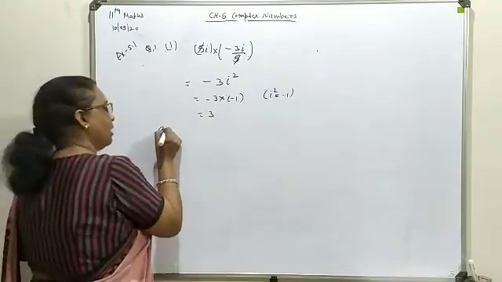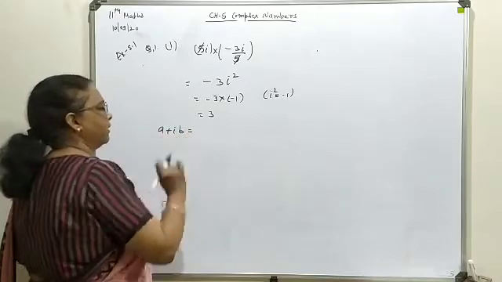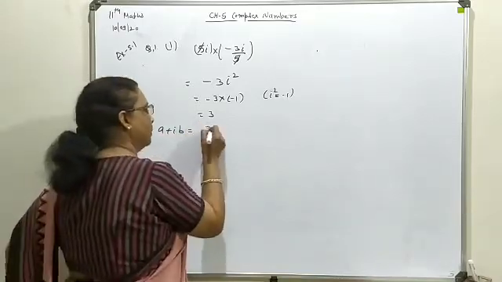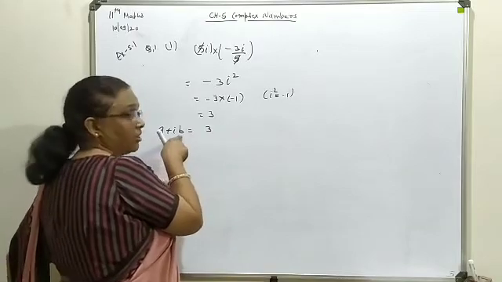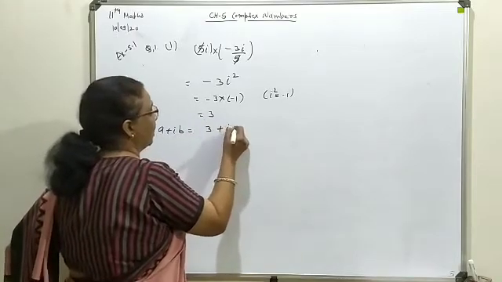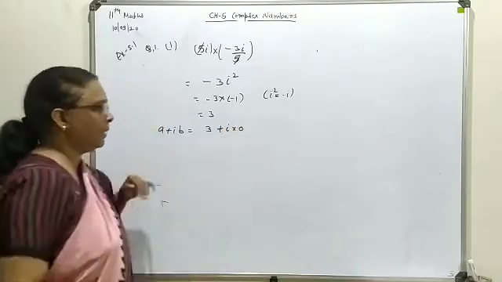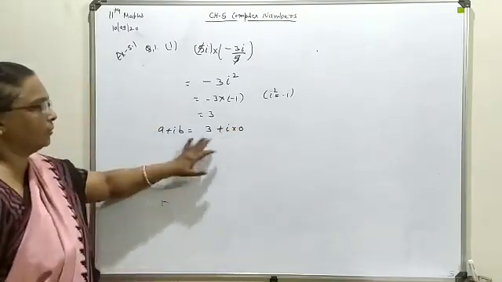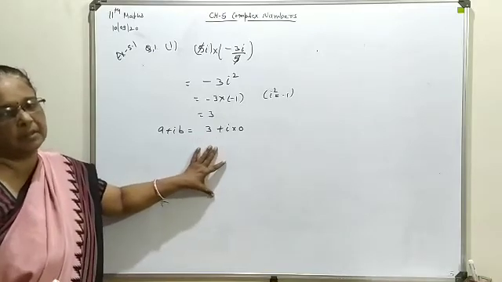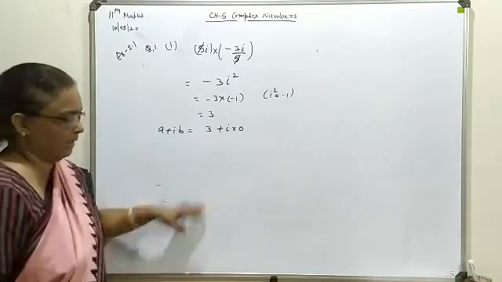Now the final answer everywhere you will write in the a plus ib form. Here a means the real part. No imaginary part has been evaluated here, so this is to be expressed as a multiple of 0. But finally the answer should be in a proper form: it should contain the real part as well as the imaginary part.